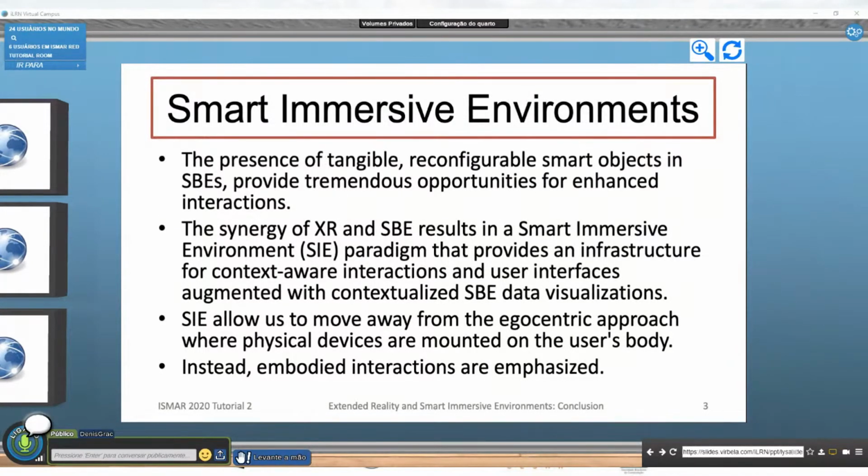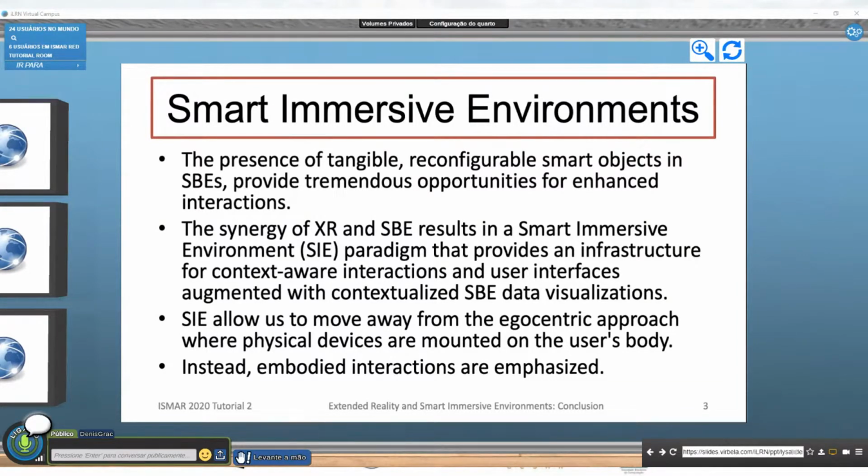As far as smart immersive environments are concerned, it is important to leverage the presence of tangible, reconfigurable smart objects because that can provide tremendous opportunities for enhanced interactions. That synergy between extended reality and smart built environments, resulting in the smart immersive environment paradigm, provides an infrastructure for context-aware interactions and allows us to develop user interfaces that are augmented with contextualized